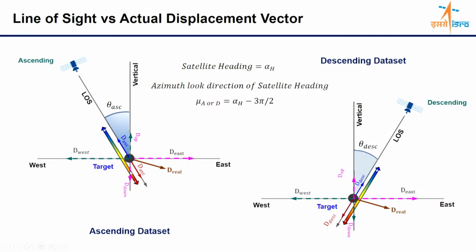The point is, initially we don't know the amount of this real displacement vector. But our interest is to calculate this real deformation vector, or real displacement vector, okay. We are not able to investigate it directly; we are investigating only the line of sight vector,